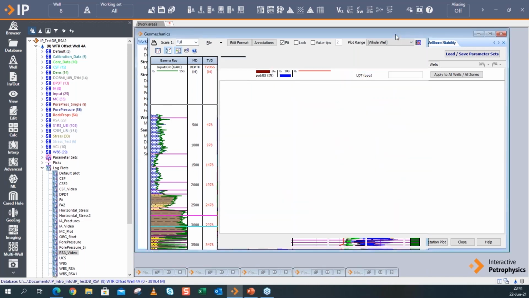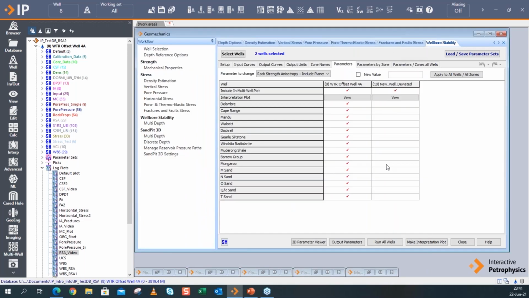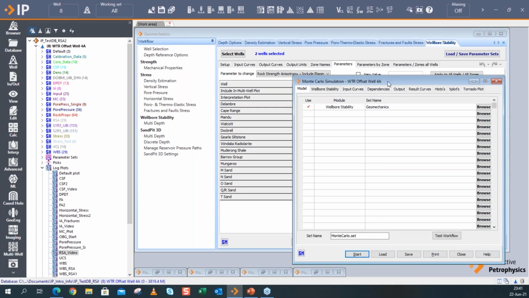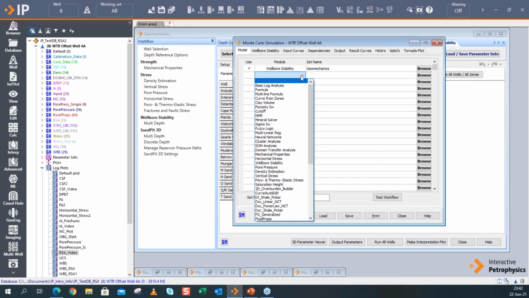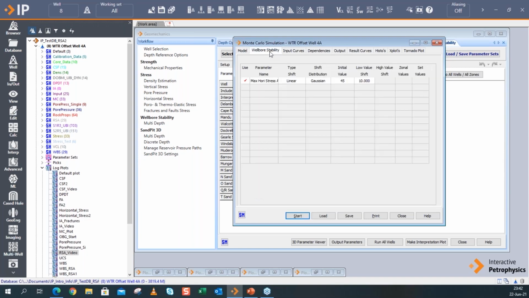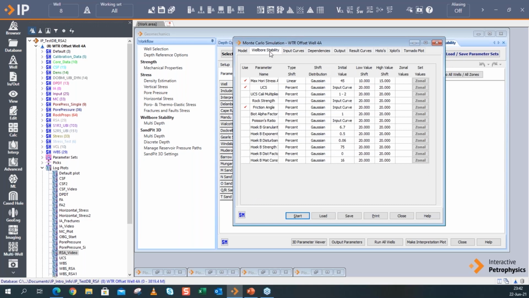Okay, and then last but not least is the addition of geomechanics in the Monte Carlo analysis. As Paul has mentioned before, earlier today, all the geomechanics modules have now been added to the Monte Carlo analysis. So there is vertical stress, poroelastic, thermoelastic stresses, etc. So it's all there. And we're going to look now at an example, a calculation result relevant for geomechanics, where